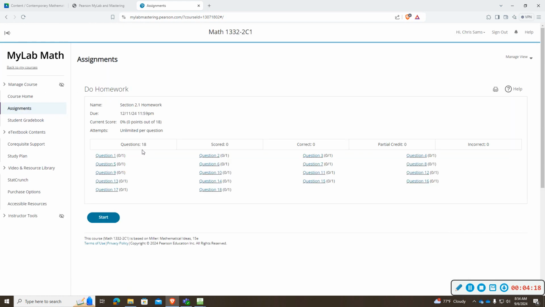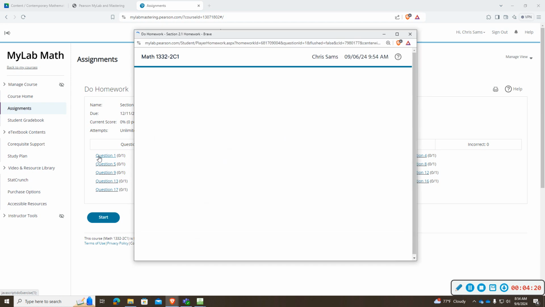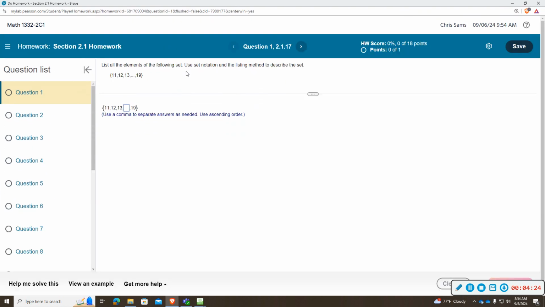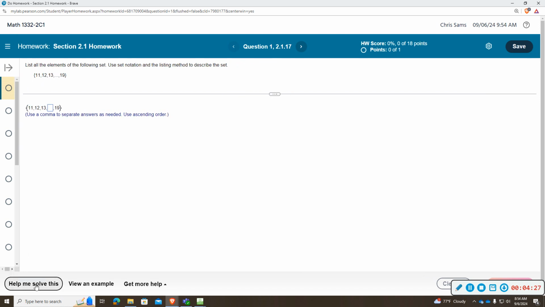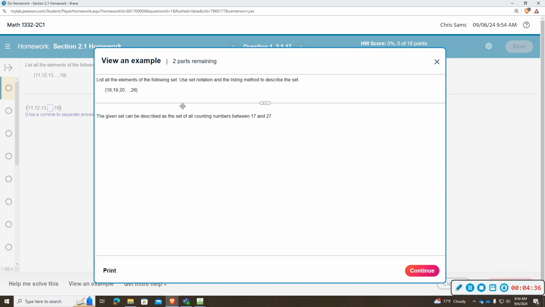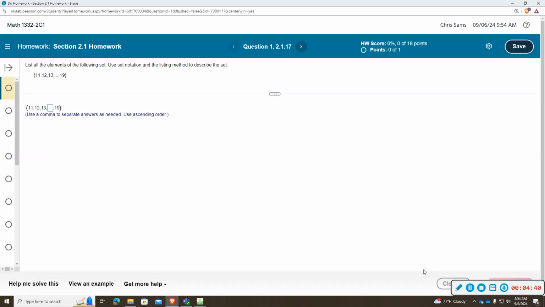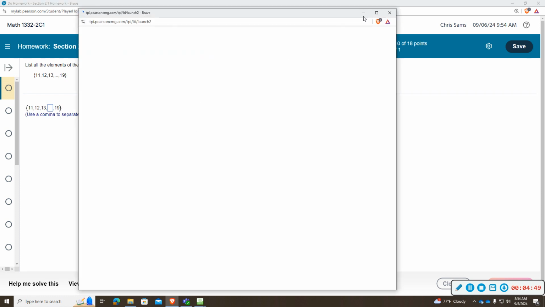If I go to homework number 1 and I open up number 1, you have several options. You have Help Me Solve This, which will solve your problem. It will give you an X, and then you will have to solve a different problem. You have View an Example, which will show you a similar example, and then it will show you either hints or step-by-step how to solve that problem. You have Get More Help, where the only thing I recommend you use is the textbook. This will open up the online textbook,